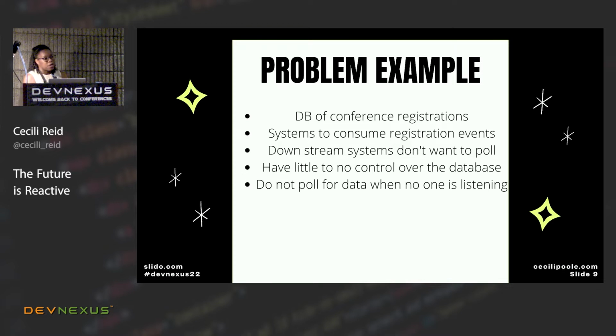In this problem, we're going to have a database of users or conference registrations like you all. This database is something that we have a few systems downstream would like to consume events from. They want to be notified anytime a user registers for the conference or anytime they sign in for the conference. They want to be able to know the metrics of how many users actually showed up or were absent. We also don't want those downstream systems to poll us. They don't want to constantly check, okay, how many users do you have now? How many do you have now? They want us to push data to them.